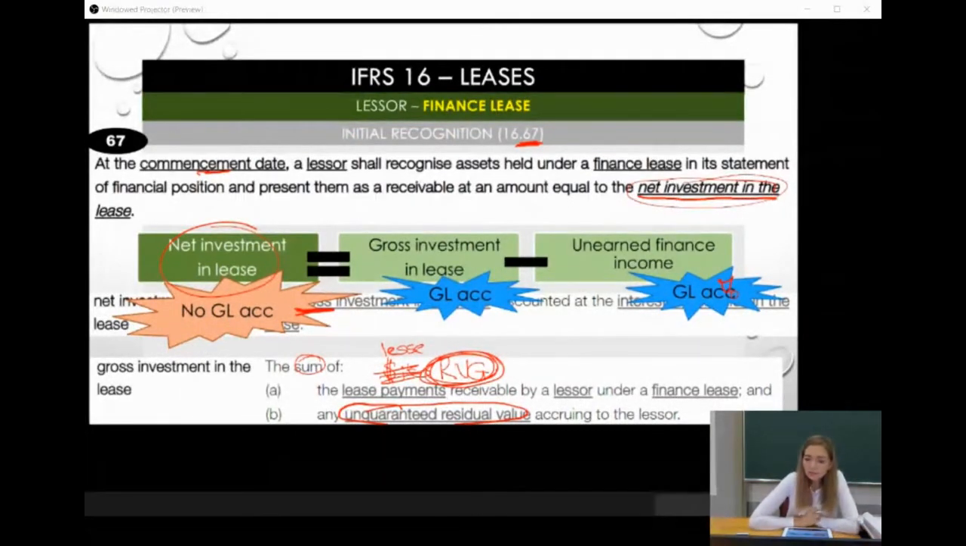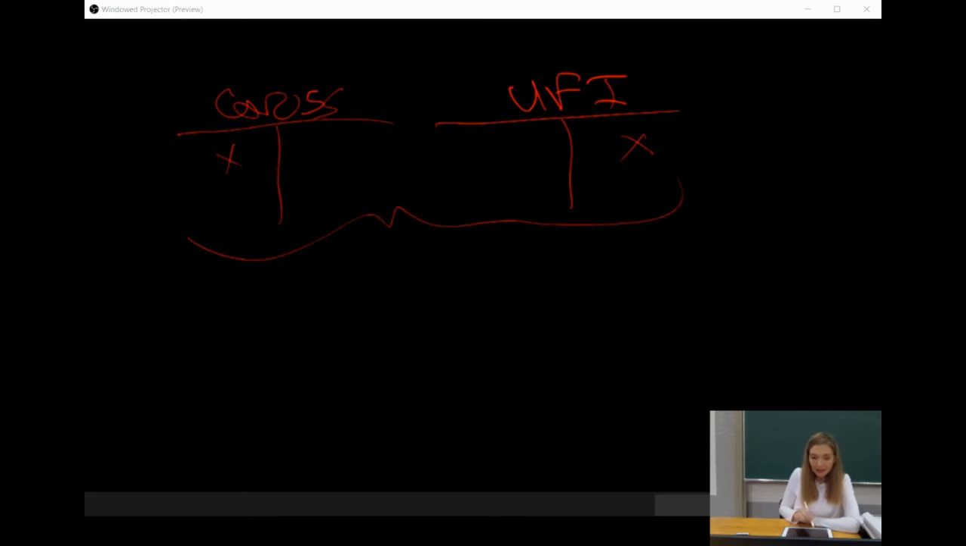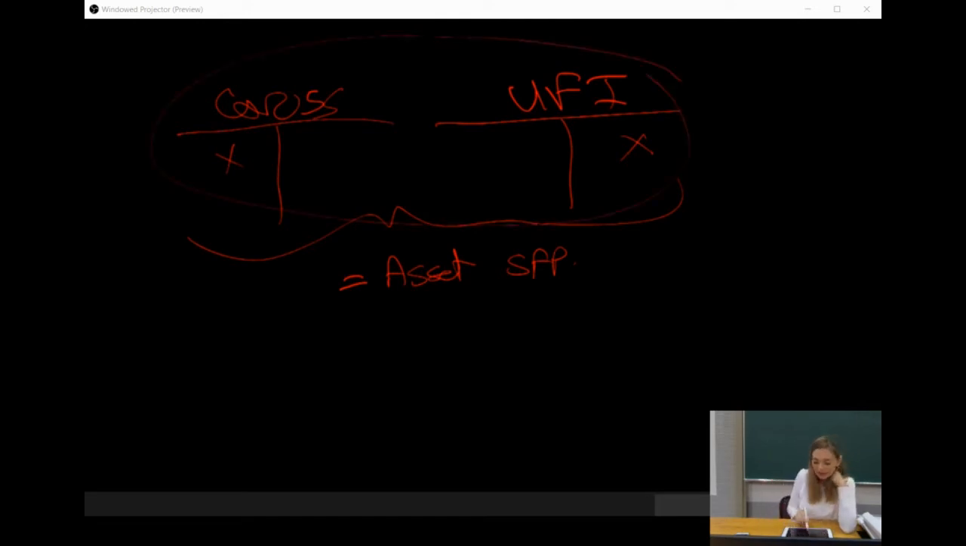I see a question here on the chat. Zanay, Ms. Pretorius, is the gross investment in the lease an asset in the books for the lessor? Yes, it's an asset. But remember, like I said, we actually have these two accounts. So we've got the gross investment in the lease and the unearned finance income. So both of them together is our asset that we put on our SFP. Okay, so that's why I said this is almost like your accumulated depreciation or your allowance for expected credit losses. We have to look at these two accounts together to get to our asset value in our SFP,